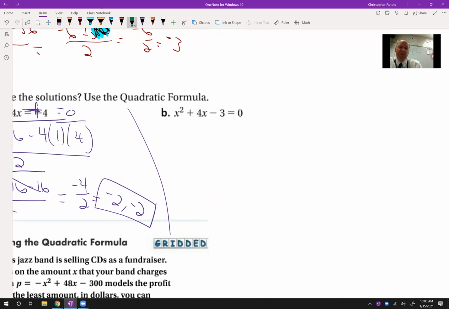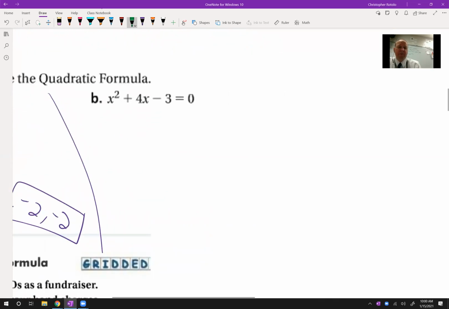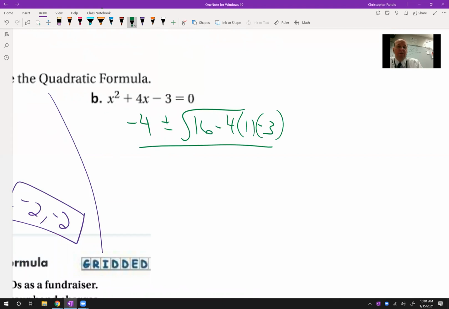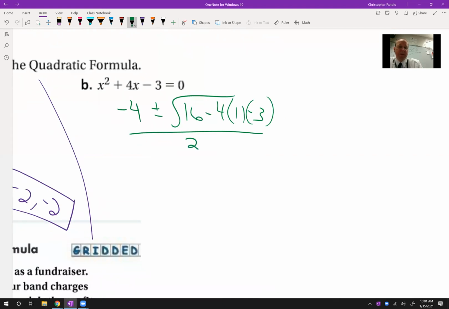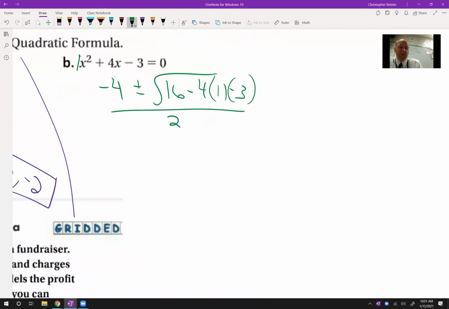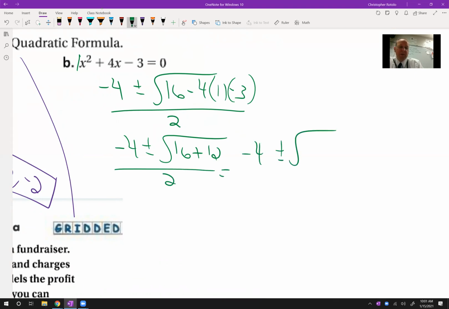All right, do we have factors of 3 that subtract to give you 4? No, there's only 1 3 and that subtracts 2. So this one's going to be a full quadratic formula. So either zoom in, zoom out, make yourself a little more space if you need to. Negative b plus or minus square root of b squared minus 4ac all over 2a, which is just 2 times 1. And don't forget that we would need the a value because that will change as we do some more of these. So I get 16, I got minus, plus, minus, so it's plus, right? Because these 3 guys are being multiplied, 12 all over 2,